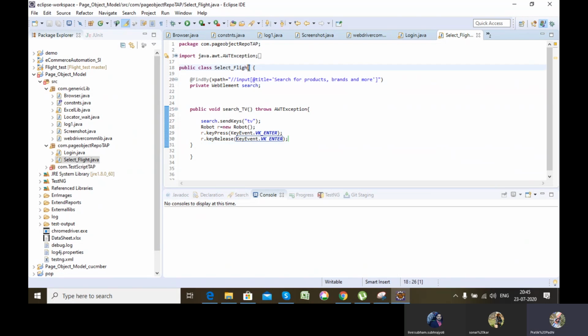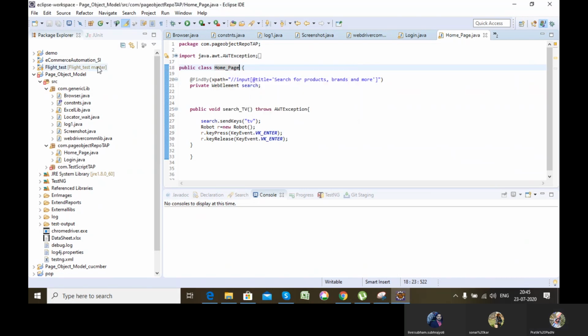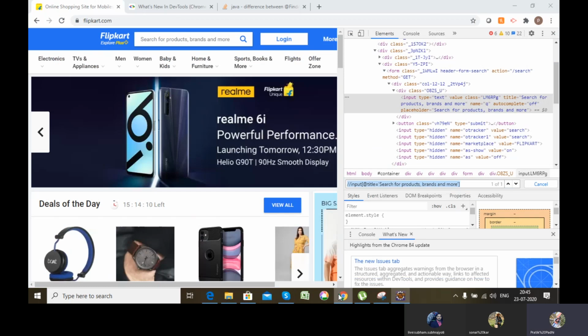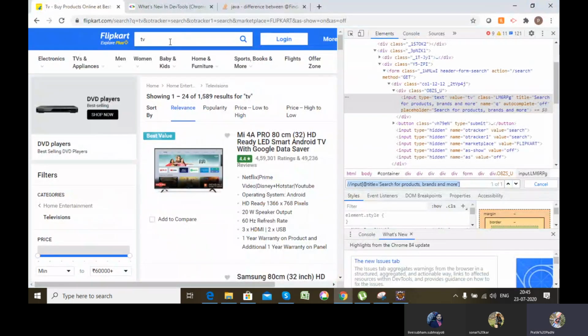So here, this page is my home page. Okay. Now my next step is, after I search something here, like say for example I search TV and click enter, it will go to another page, which I can call the search list page.